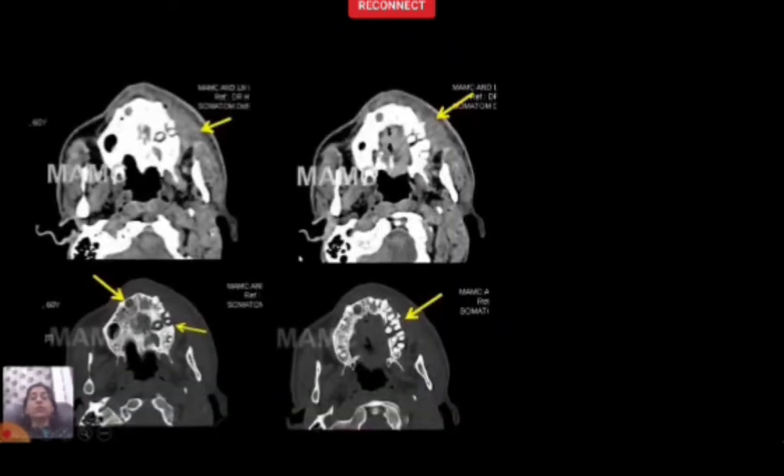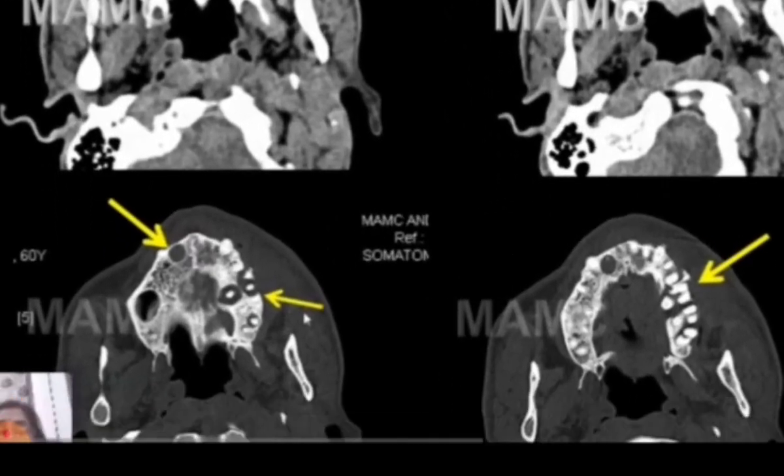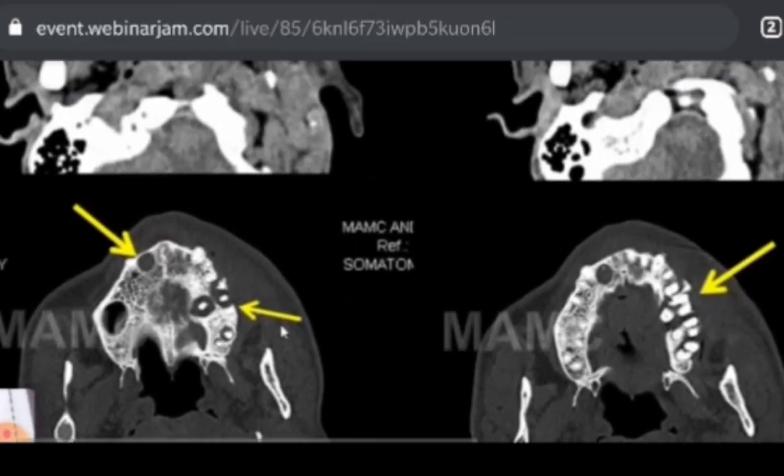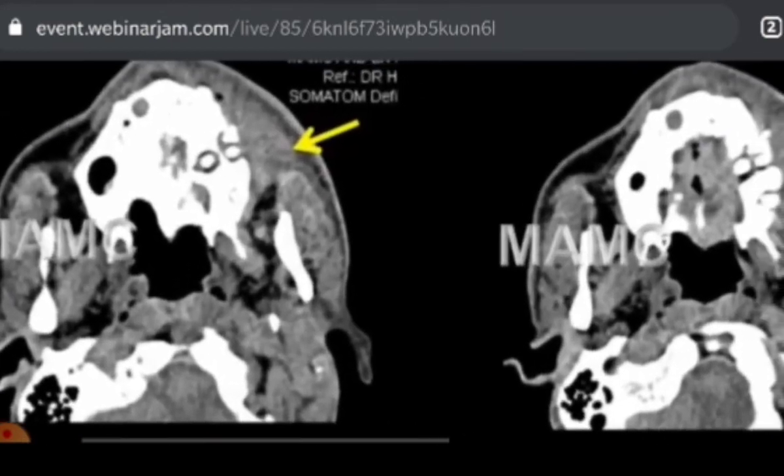Now, here was a case of facial cellulitis, and that is what the resident also reported it as. But what I want to point out here is that when you look at any case of facial cellulitis, especially around the region of the jaw, also look at the underlying bone, look at the underlying teeth. We see a lot of periapical lucencies, and here are a couple of lucencies with cortical breach contiguous with the adjacent soft tissue. So this was a case of periapical abscess leading to facial cellulitis, and you may be the first person to point it out.